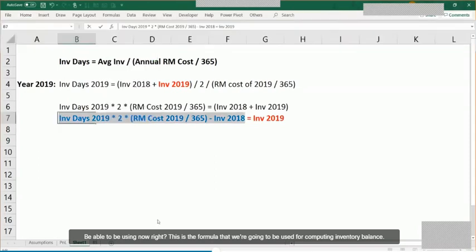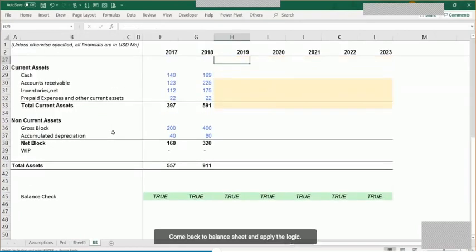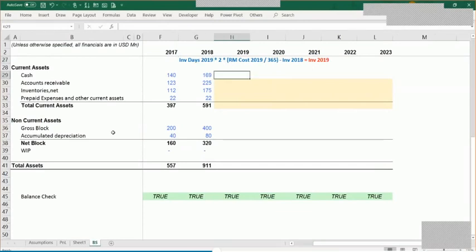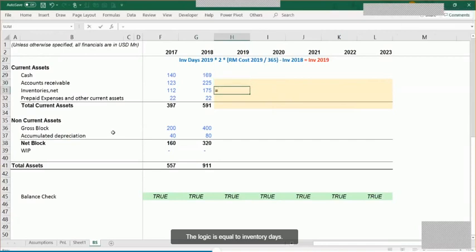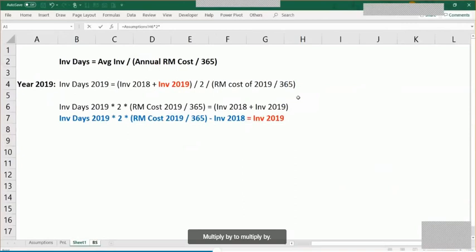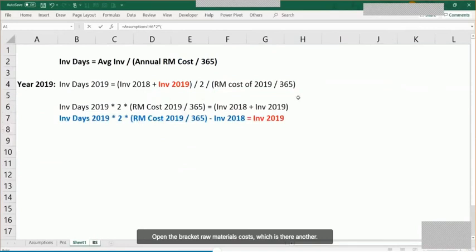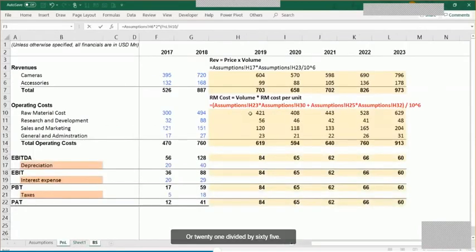Right? This is the formula that we are going to be using now for computing inventory in the balance sheet. So let's pick this logic, come back to the balance sheet and apply it over here. So what's the logic? The logic is equal to inventory days of 19 multiply by 2 multiply by, open the bracket, raw material cost, which is there in our P&L, 421 divided by 365 minus previous